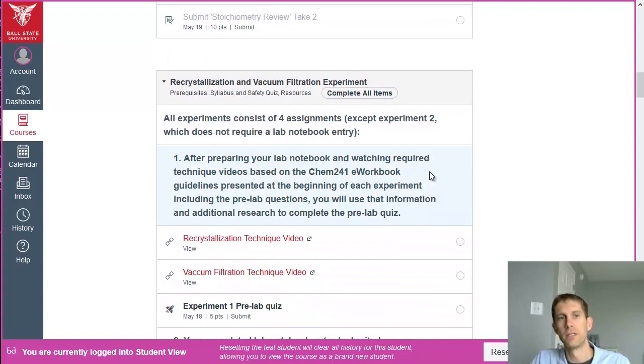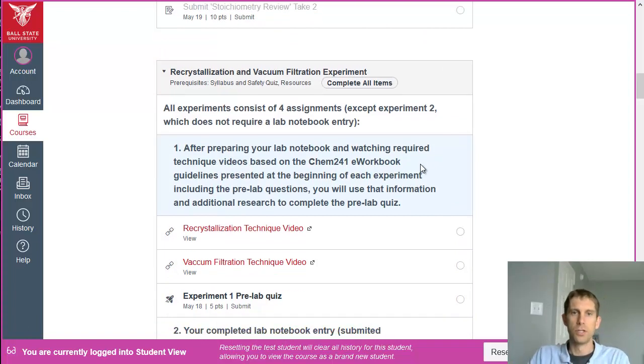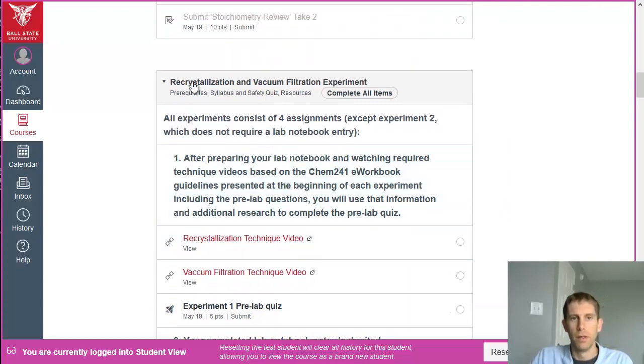All right, that brings us to the first experiment. I'm only going to go over this and the second experiment, and then from there we're basically going to follow that pathway for the rest of the semester. So for this first recrystallization and vac filtration experiment, all the experiments except for experiment 2 consist of 4 assignments. So for the first assignment, that is preparation of your lab notebook and watching the required technique videos